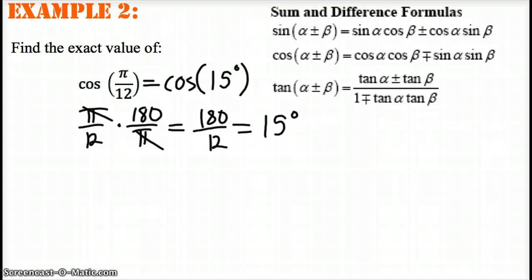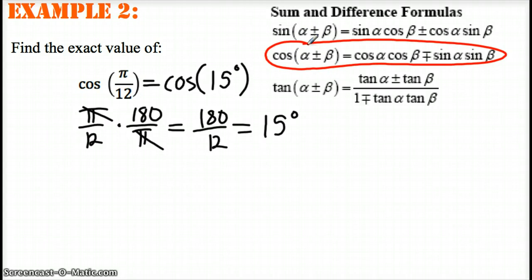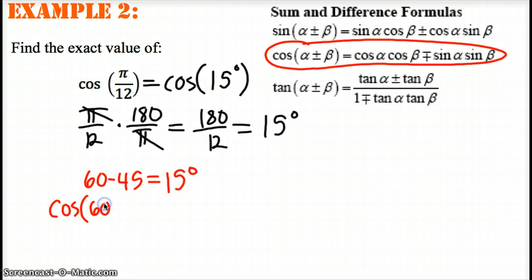So now I'm going to use my formula and carefully decide, is it an addition or subtraction? I'm going to use this formula. And since 15 degrees is so little, it's probably going to be a difference. Because it's so tiny, I wouldn't be able to add to 15 degrees using my unit circle unless I looked at negative angles. So in quadrant 1, I see 60 minus 45 is equal to 15 degrees. So I'm going to use the cosine of 60 minus 45,